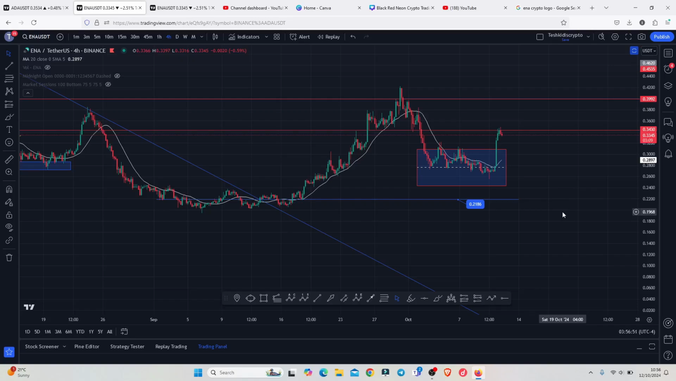ENA's massive breakout continues to be on fire, and at the time of this recording we are attempting a break above our key area of resistance that lies between the 0.3346, and at the time of this recording we continue to hold above the 20-day MA here on the 4-hour chart, which is also acting as support. And this bounce is playing out after we continued to hold above our key area of support that lies between the